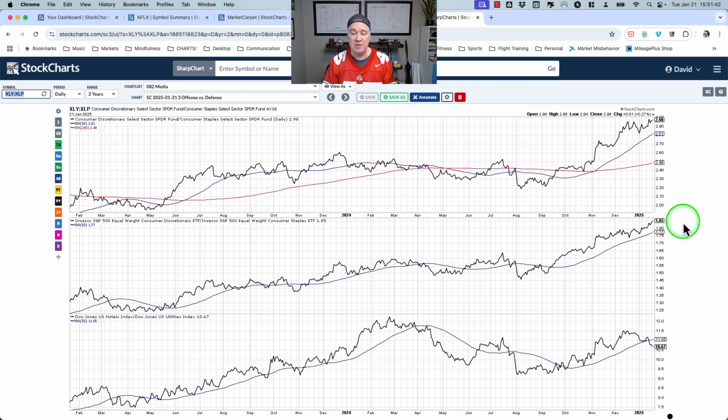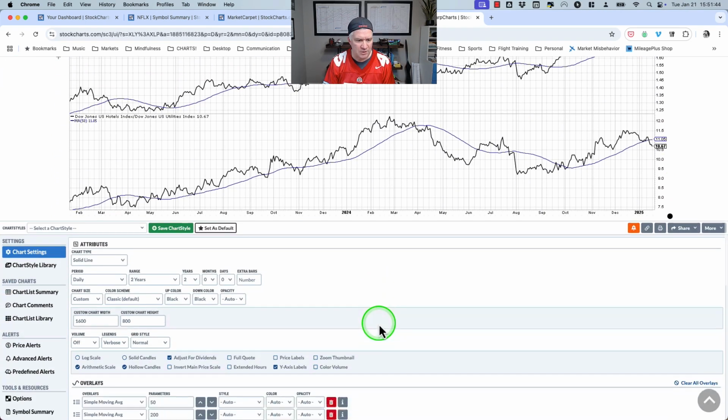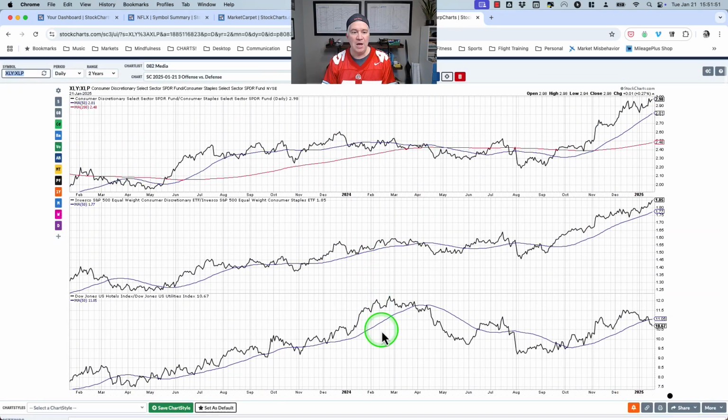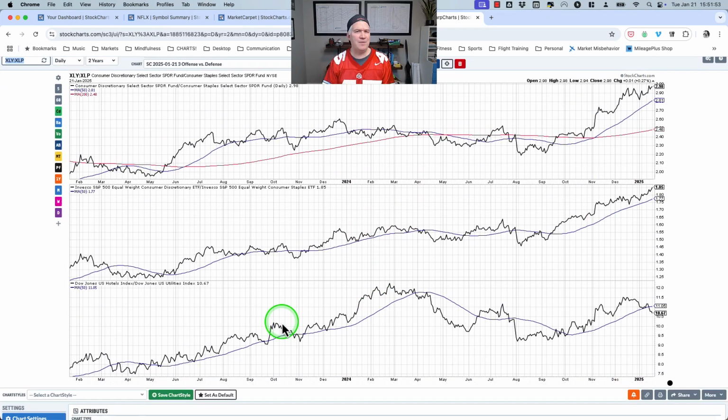In this case, we see both of those ratios going higher. And here are the tickers for the equal weighted consumer discretionary and consumer staples: RSPD and RSPS. Now, if you look at the bottom, one other ratio I think is kind of an interesting one, a little different: